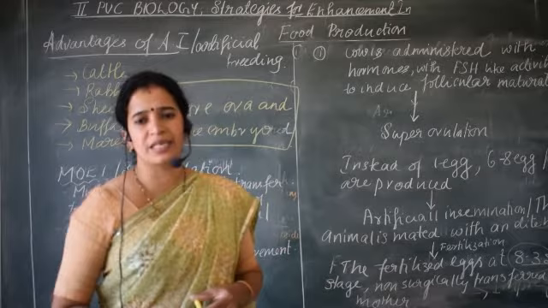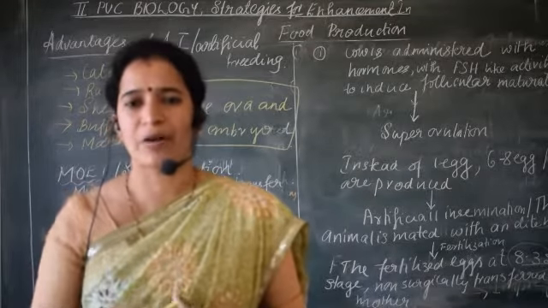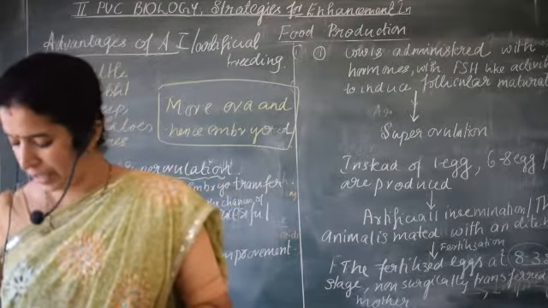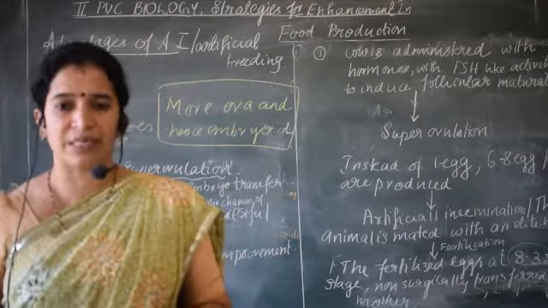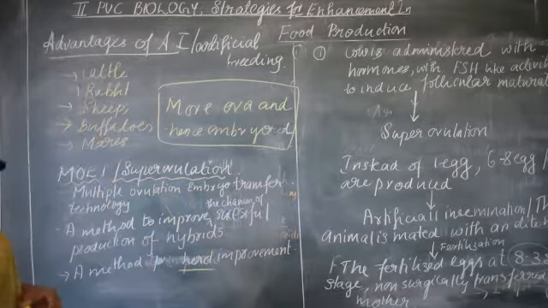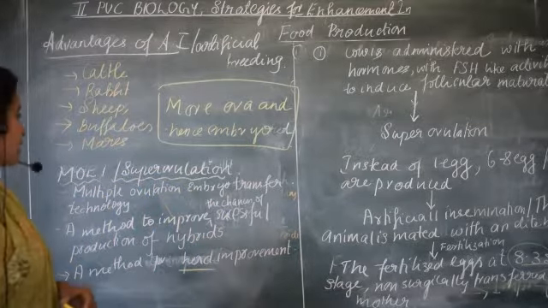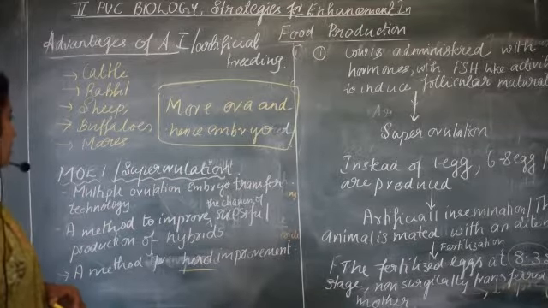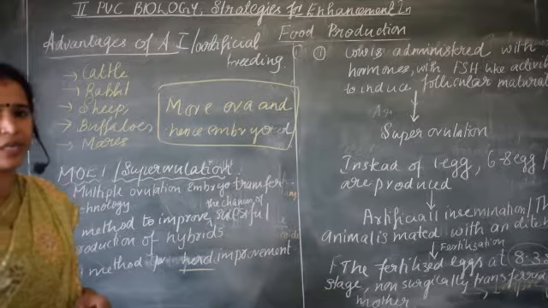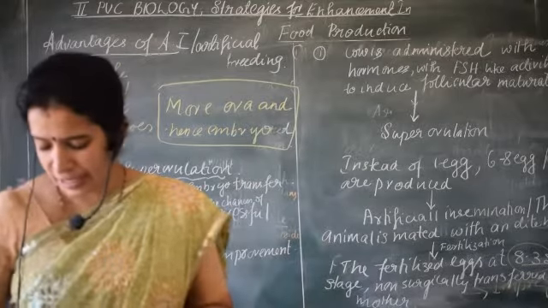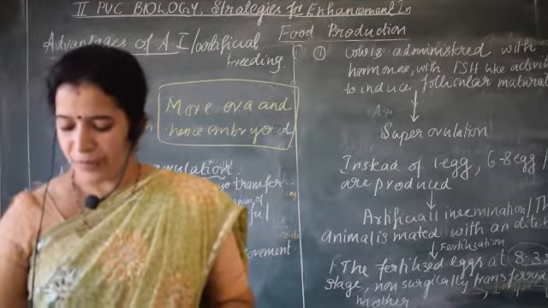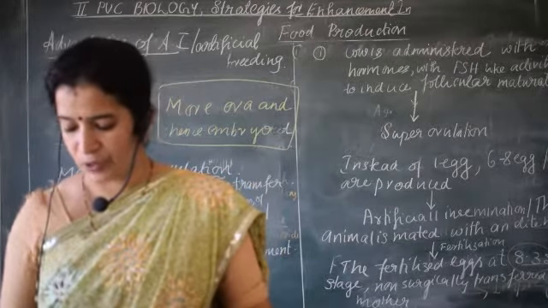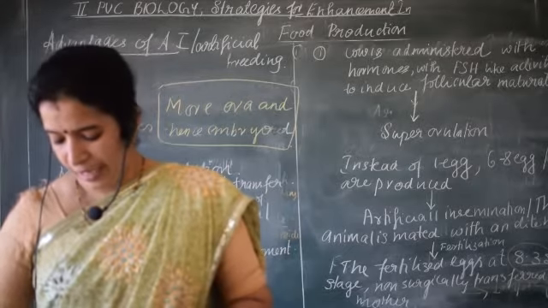Now the genetic mother will be ready for another round of super ovulation, and this technique has been demonstrated on which animals? Apart from cattle, it is also used in rabbit, to increase the herd size of rabbit, sheep, buffaloes, as well as to increase the herd size of maize. So here, in a short period of time, we can improve the herd size also. That is the animal husbandry.